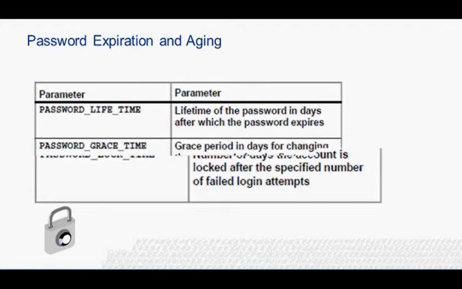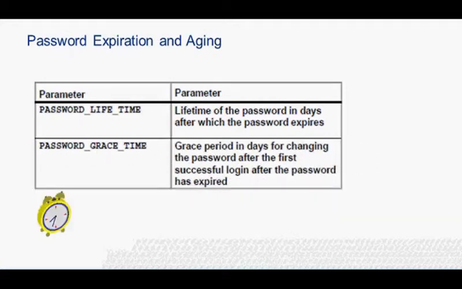Expiration and aging. The password_life_time parameter sets the maximum lifetime after which the password must be changed. The database administrator can specify a grace period, password_grace_time, which begins after the first attempt to log into the database after password expiration. A warning message is generated every time the user tries to log in until the grace period is over. The user is expected to change the password within the grace period. If the password is not changed, the account is locked. The user account status is changed to expired by explicitly setting the password to be expired.